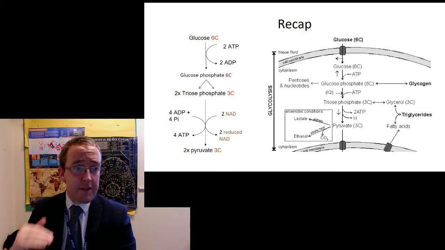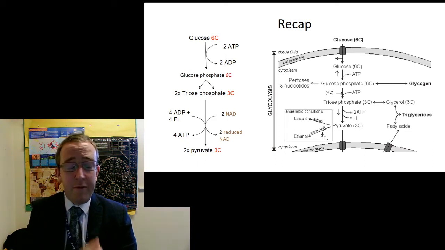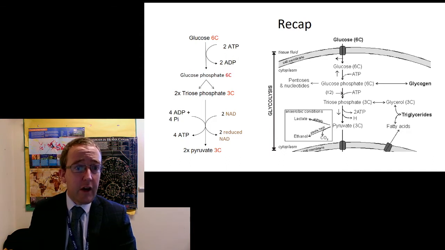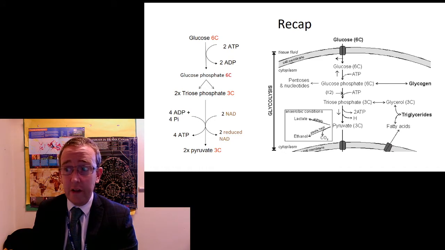Now, I always like to make this a multi-tiered sort of difficulty thing. The one on the left is absolutely fine for A-level purposes, but I would say that is kind of the bare minimum. There's actually a lot more going on in there. Okay, so you can see some of the other side reactions kicking in here, which we'll come to a little bit later. So you've got the formation of glycogen, pentose and nucleotides from that glucose phosphate, and where fats come